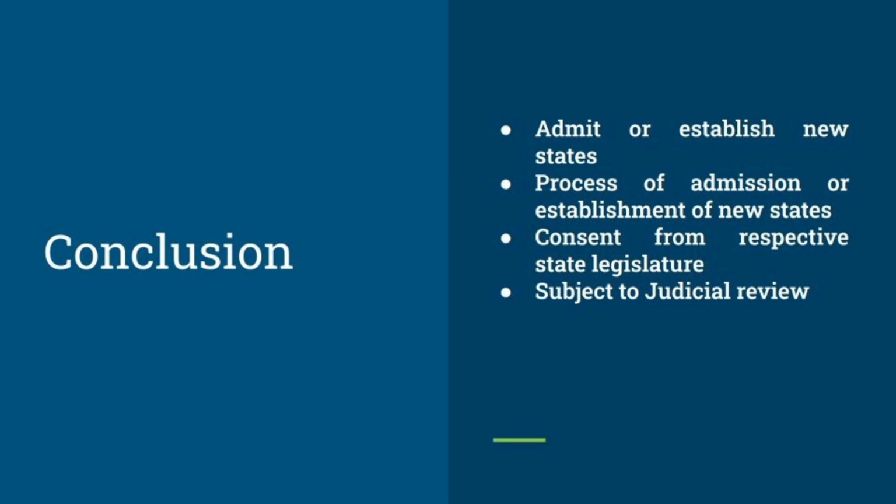In conclusion, Article 2 of the Indian Constitution empowers the Parliament to admit or establish new states within the Indian Union and alter areas, boundaries or names of existing states. The process involves proposal by the President, Parliament's legislation and the President's assent. Consent from the affected states and judicial review ensure a fair and constitutional exercise of the power. Continue a diligent study of Article 2 as it forms a significant portion of your UPSC syllabus.